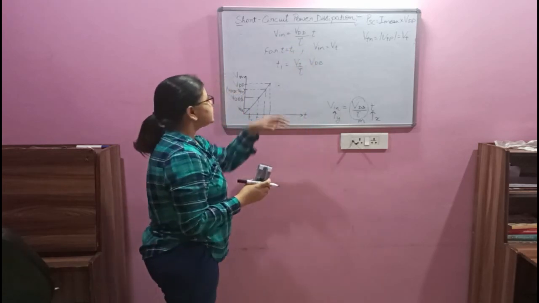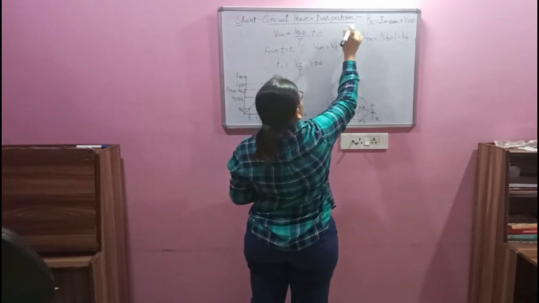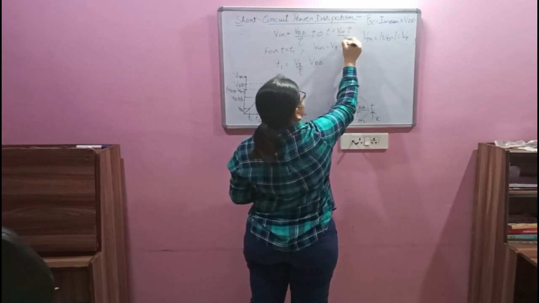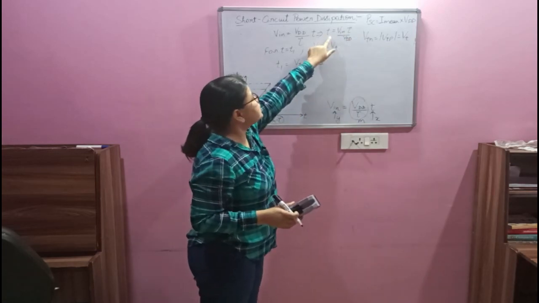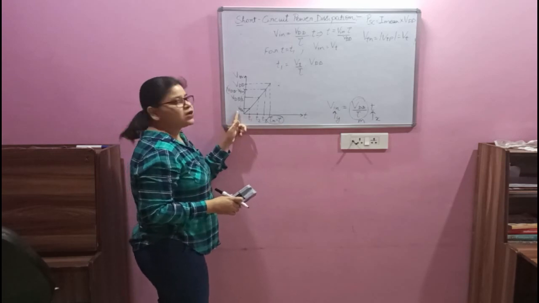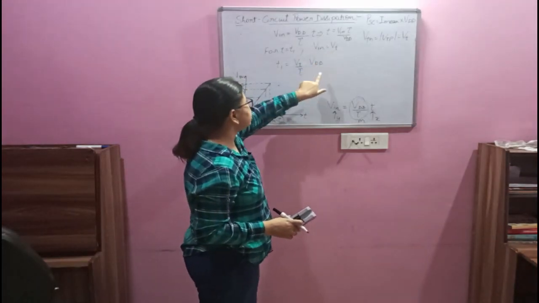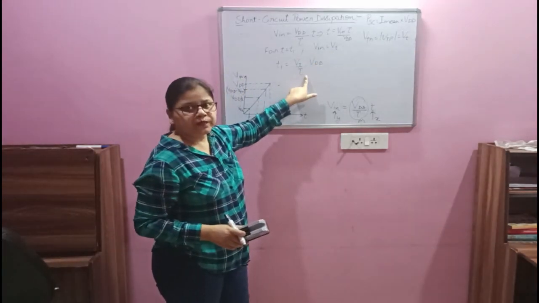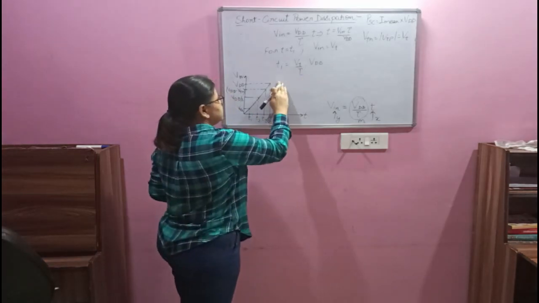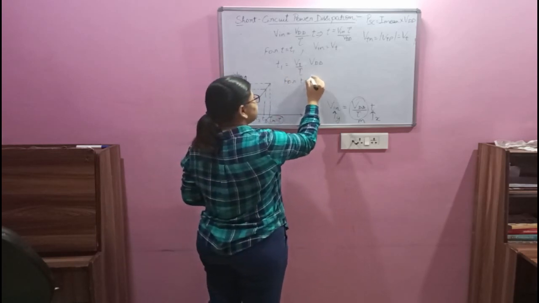What I have done over here is taken this T on one side, and all the rest of the terms on the other side. So this will be written as Vin into tau upon VDD. And in this expression, I am placing T equals T1, and when T is equal to T1, the input is acquiring a value equal to the threshold voltage. So Vin is equal to VT at that time. So we are getting this T1 as a function of voltage and the time.